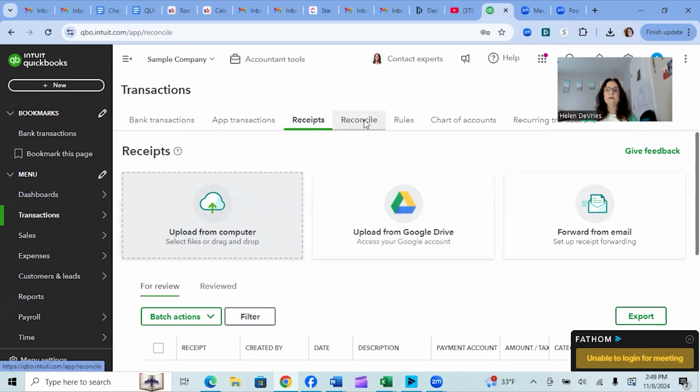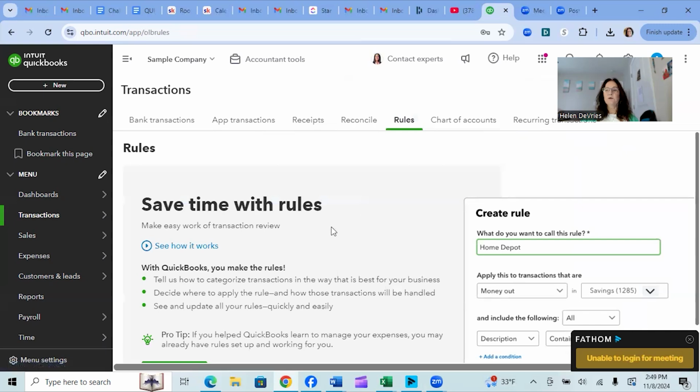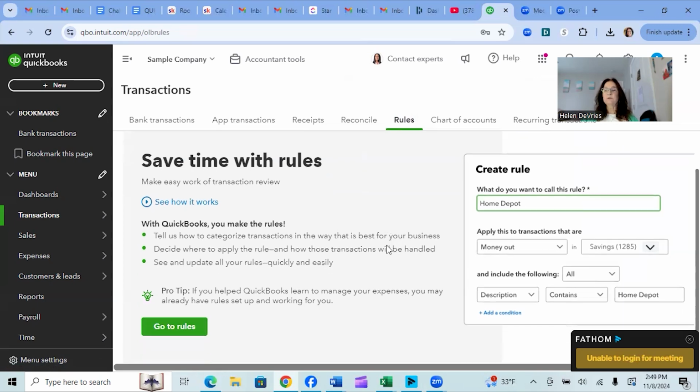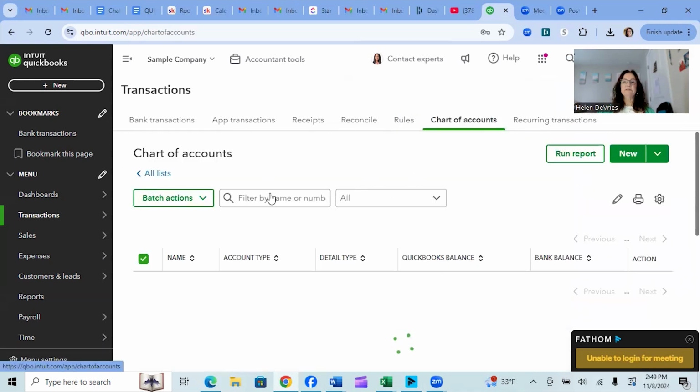And then you can reconcile every month your bank accounts, your credit cards, and this is a critical part. And then we can set up rules for different expenses like Home Depot. Every time, it's probably going to go to our materials and supplies. So QuickBooks knows every time it sees Home Depot that it will match that transaction for us. So that's awesome there. And then you go to your chart of accounts, and this is the part that you